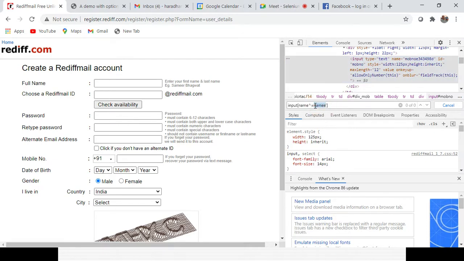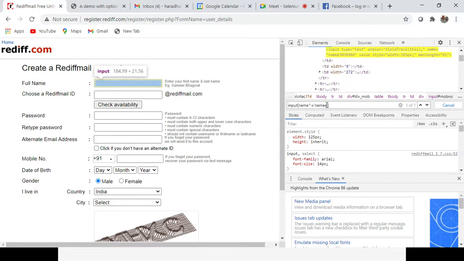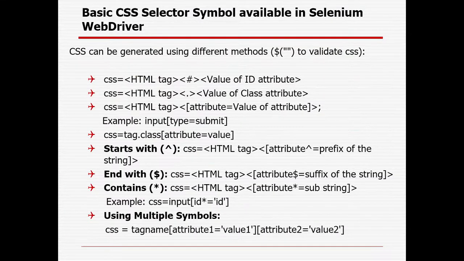Okay, I need to give the other bracket. I did not give the single inverted comma inside, and that is the reason it was not working. Now it is working, you can see. So tag name, then attribute, then the sign you have to use, and then the prefix of the string. So Ankur, any more problem, or are you able to get it?